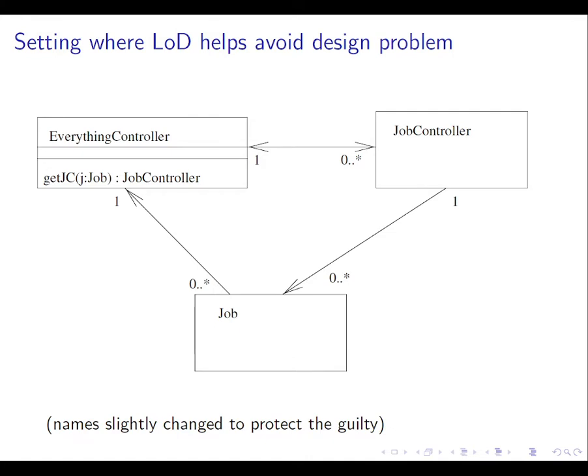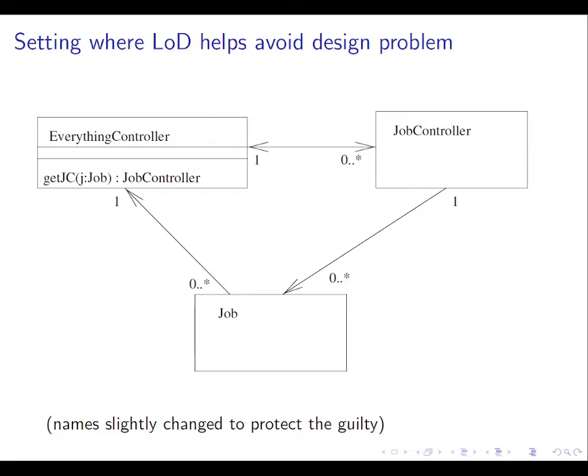Anyway, we were working in a setting where it had been made clear to us that we had to limit the use of associations that were navigable in both directions, like the one at the top of the diagram there, between everything controller and job controller, because, it had been explained to us, that makes two classes dependent on one another, and that's a particularly bad kind of coupling in your system. And so the people who designed this were quite proud of themselves for having only one two-way navigable association in the class diagram, which was more complicated than this, but I'm extracting the relevant parts.